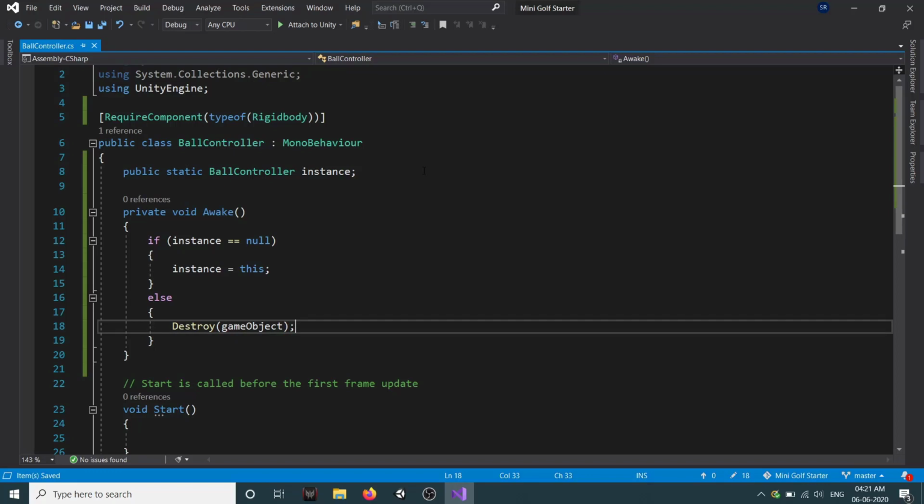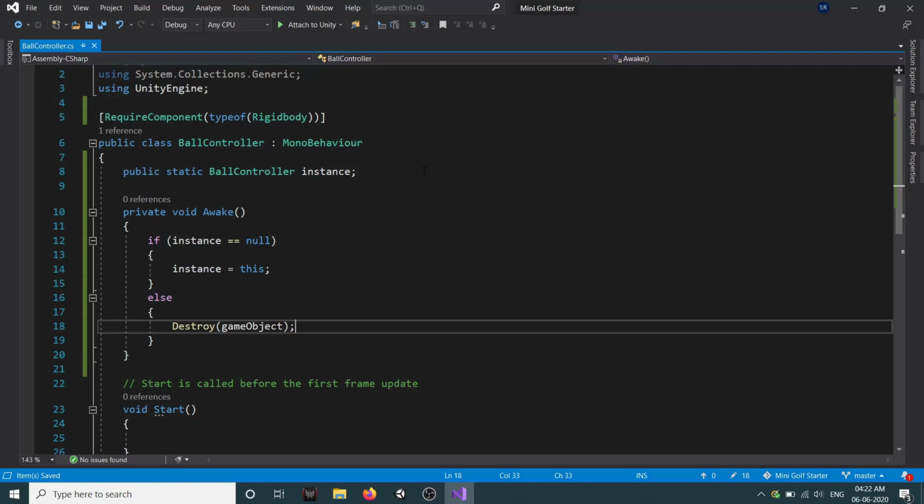So let's say we created multiple ball controllers in our scene. What this will do is only one of them will become the instance and all the others will get destroyed. And as we need only one ball controller per level, this will protect against any errors which can occur when we create multiple ball controllers.